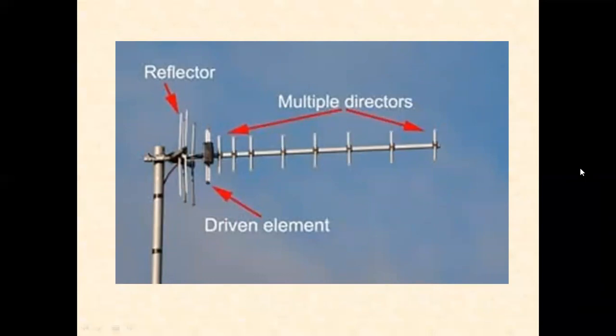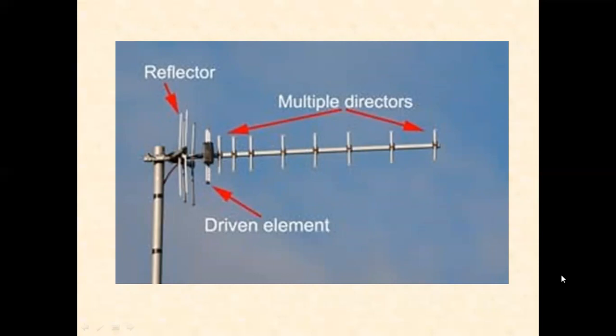So in order to ease the problem of feed line, it is sometimes desirable to feed certain antennas of an array parasitically. The element which is supplied power from the source, that is the transmitter, is called a driven element. It is supplied with the source. But a parasitic element is not fed directly. Instead, parasitic elements derive power by radiation from nearby driven elements. So they are getting radiation from the nearby driven element.